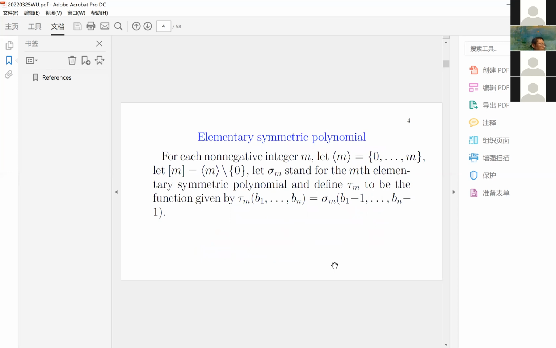We will start from some very easy ones later, but before that, we introduce some notation. Elementary symmetric polynomial: we use σ_n for the nth elementary symmetric polynomial. And then we use τ_n for the variant of σ_n. Here, τ_n applied to b_1 up to b_n equals σ_n applied to b_1 minus 1 up to b_n minus 1. So this will be an important function for this talk. Also, we use this notation: we use square brackets for the first n positive integers, and we use this notation for the first n plus 1,